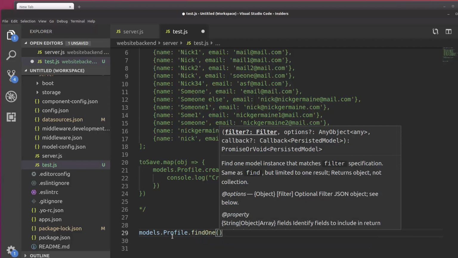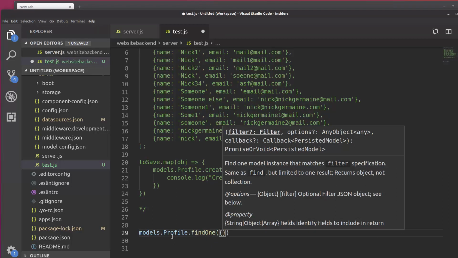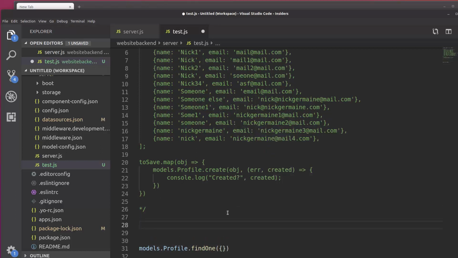And now we want to find one where something exists. So in the find methods, we can see highlighted here with Visual Studio that it's trying to accept a filter. So the filter is an object, and the shape of it is basically this,